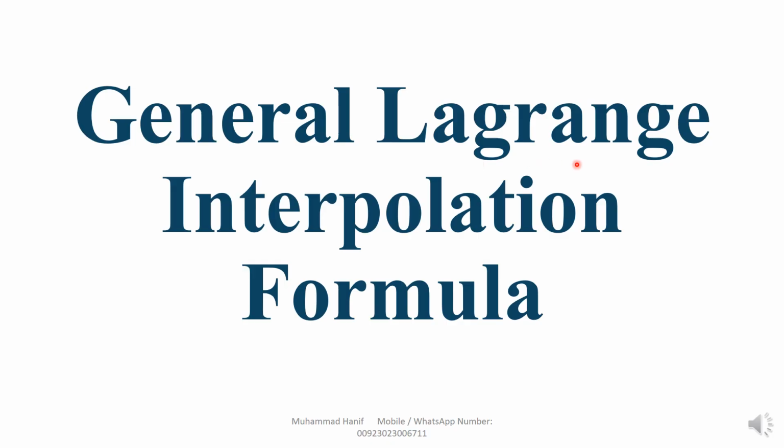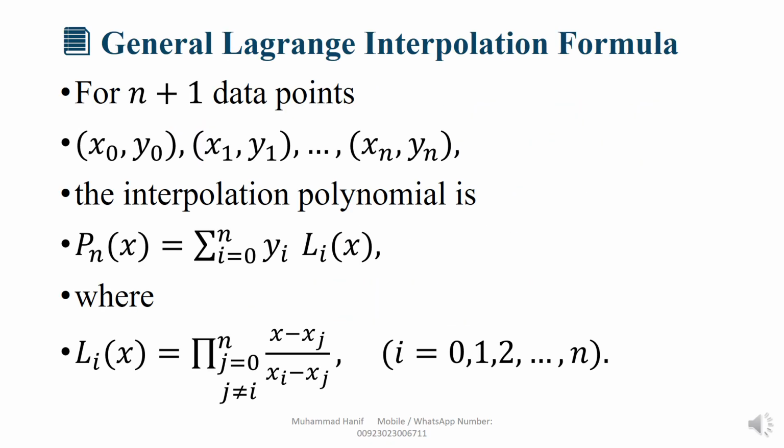General Lagrange interpolation formula. Now you can see here the general Lagrange interpolation formula for n plus 1 data points. Here are given x0 and y0, x1, y1, and so on up to xn, yn. It means if x0 and y0 data are given, the interpolation polynomial we write in this form,